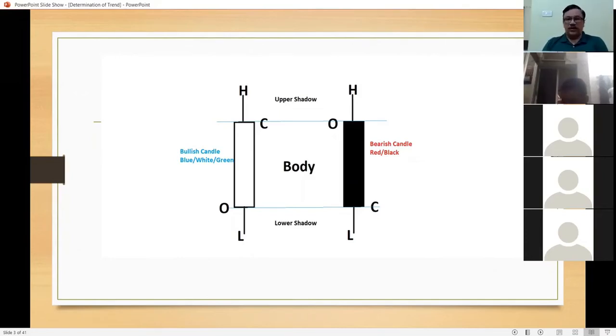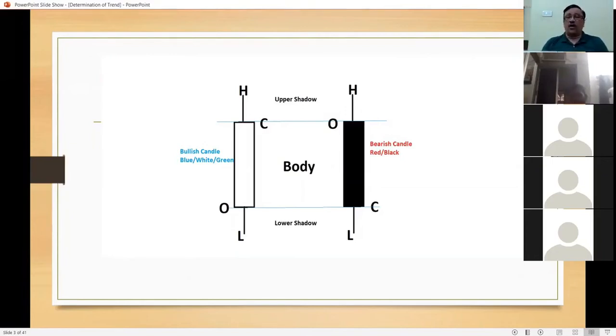Now in the chart, what is done? Suppose we are using an end of the day chart, EOD chart. EOD stands for end of the day. So every candle will represent price changes in one day: opening price, highest price, lowest price, and closing price. So one candle is drawn. Next day's candle will be drawn, then next day, then next day. Likewise, you get all the candles, up, down, up, down, and what we get is a candlestick chart.